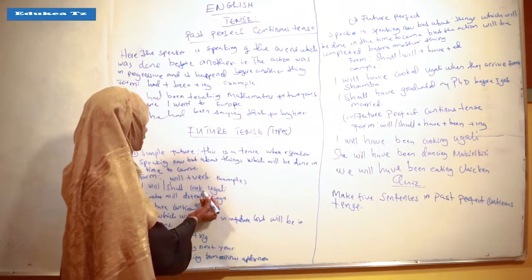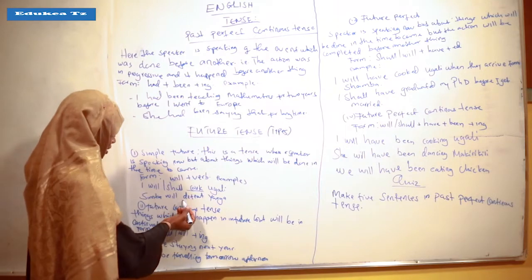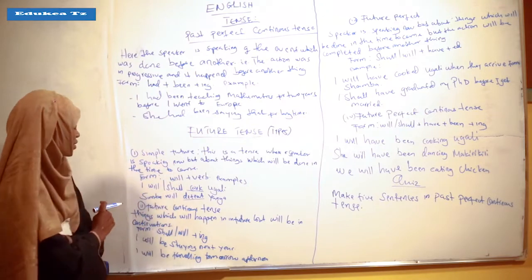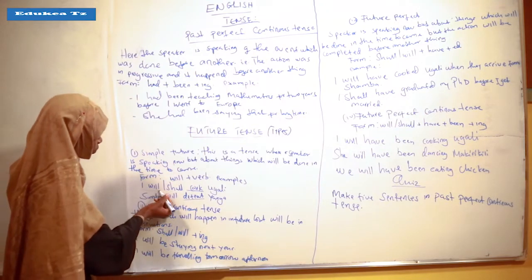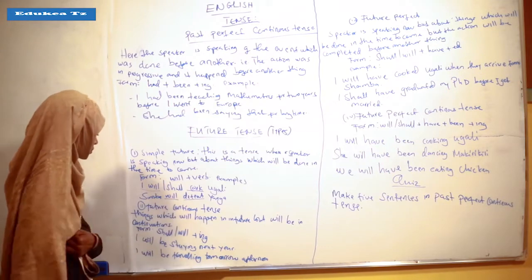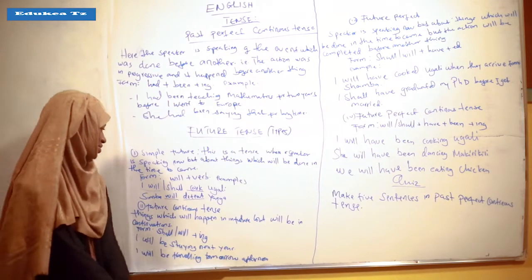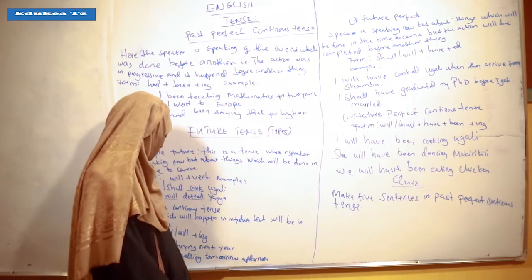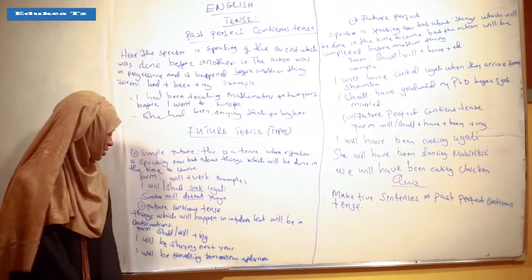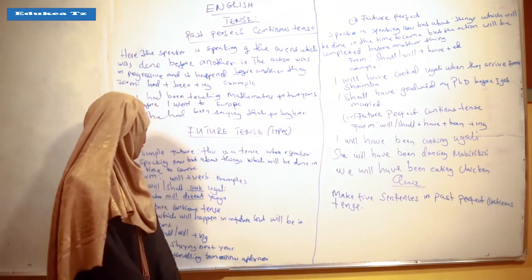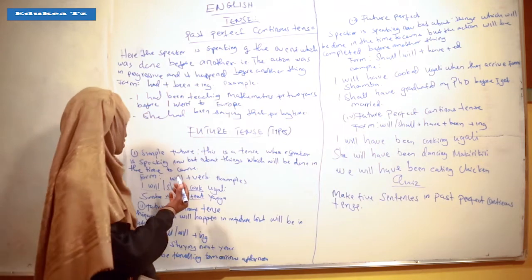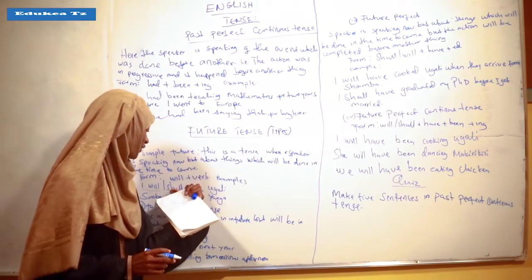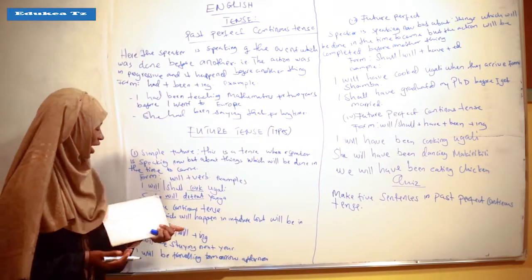The verb remains in its basic form. There is no addition of ing or ed or anything else. Also, there is the use of will or shall. Another thing to note is that shall is usually only for the first person singular and the first person plural, because we use shall for commitment. So I can commit